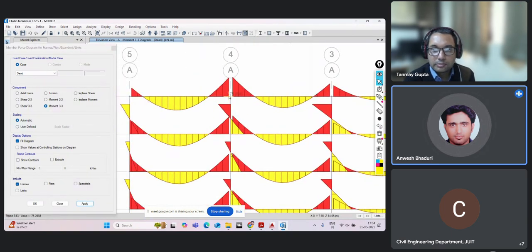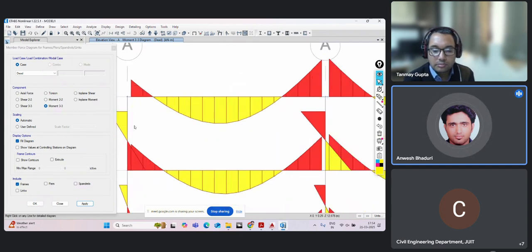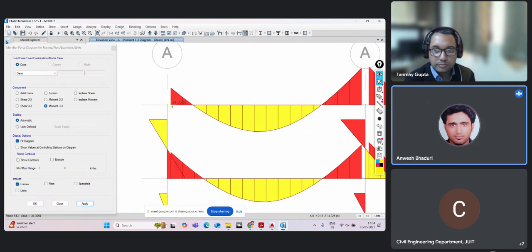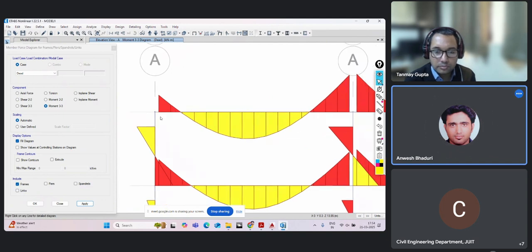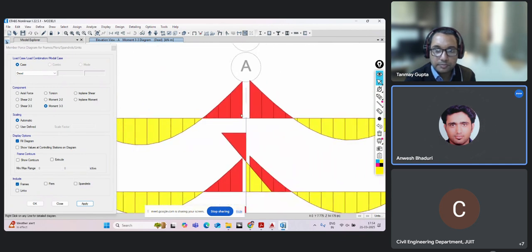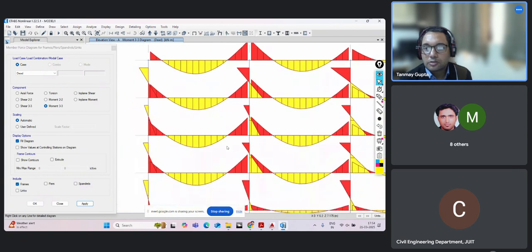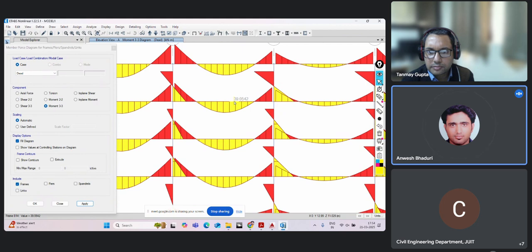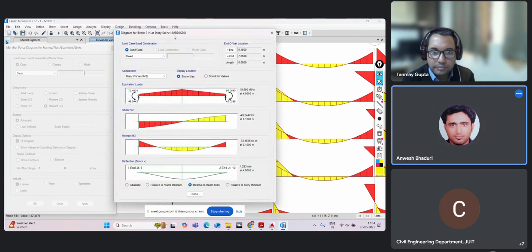You can see here the moments have already been done for the beams and the columns, for the intersection of the columns and the beams. Red is hogging and yellow is sagging. Say if you need to view one of these diagrams individually, you can always right click on them and you can check